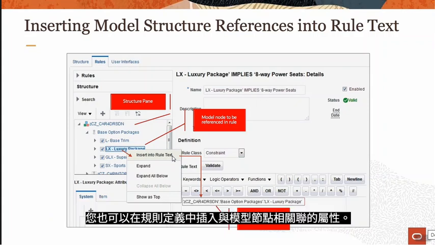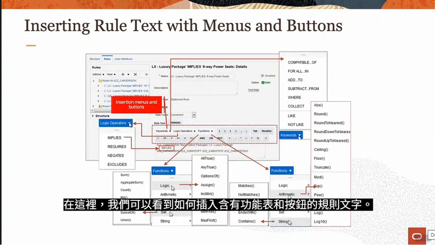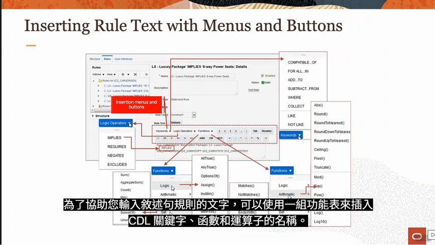Here, we see how you can insert rule text with menus and buttons. To assist you in entering the text for a statement rule, a set of menus are available to insert the names, functions, and operators. Hierarchical menus provide access to all members of the categories of function. Buttons enable you to insert the other valid syntactical elements that are required to create a rule, such as comparison, arithmetic,